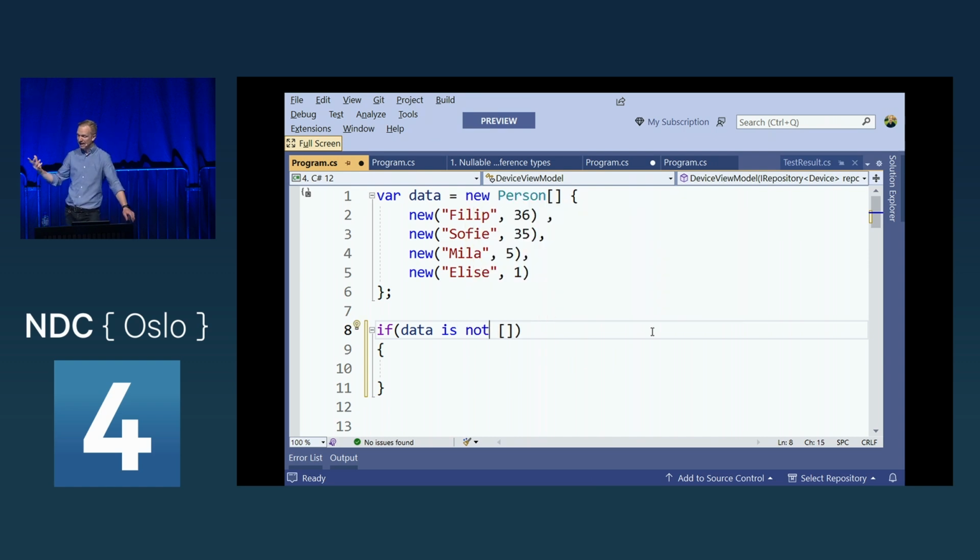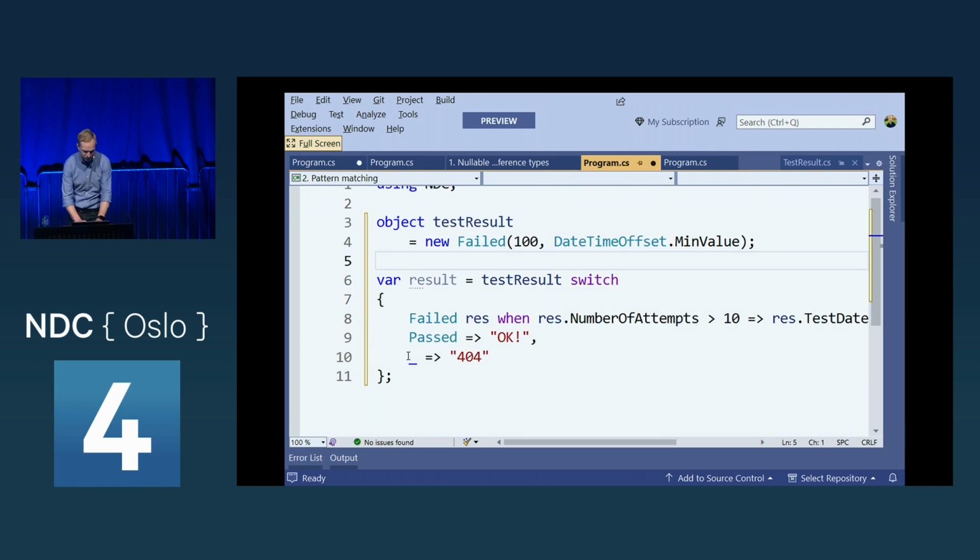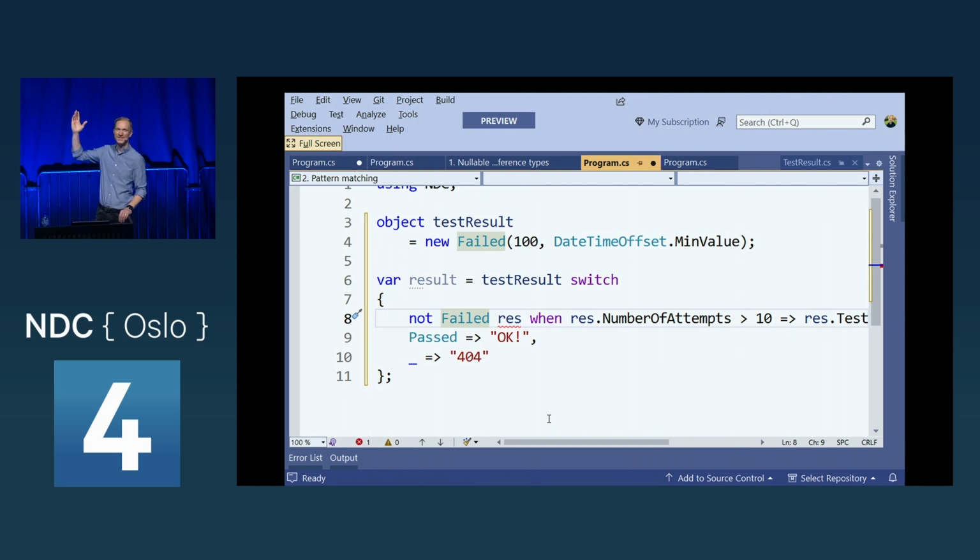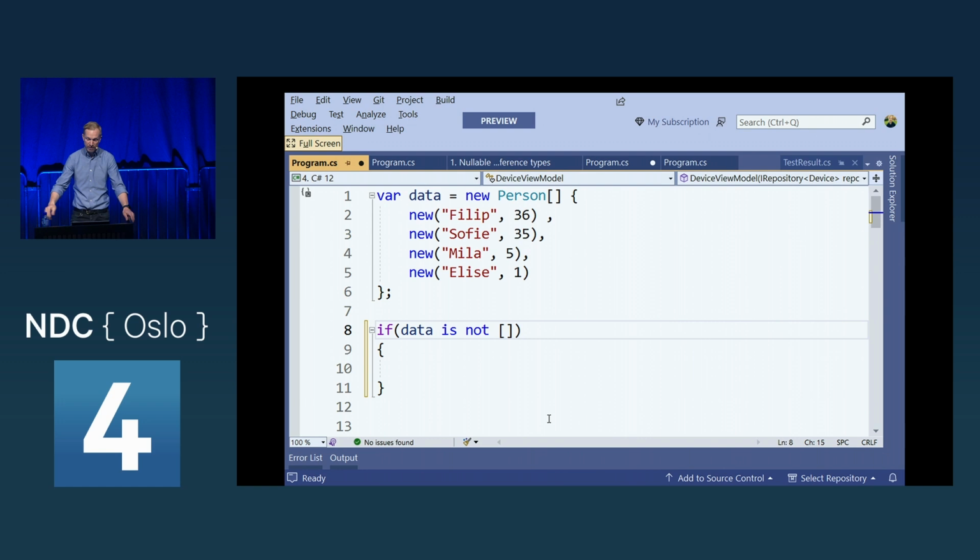So I can negate anything to say that it's not a certain thing. Obviously, you can negate anything like this, right? Put not in front of this, and who knows whatever that means now. So again, you can write patterns that are very confusing, but also in this case here, it's quite obvious. I'm looking for data that is not empty.